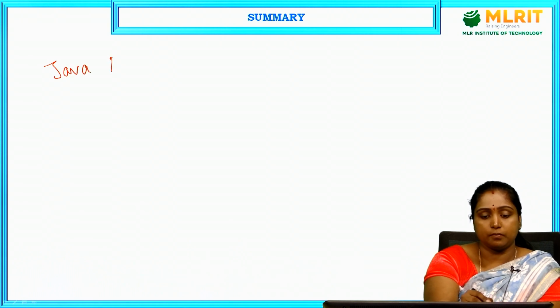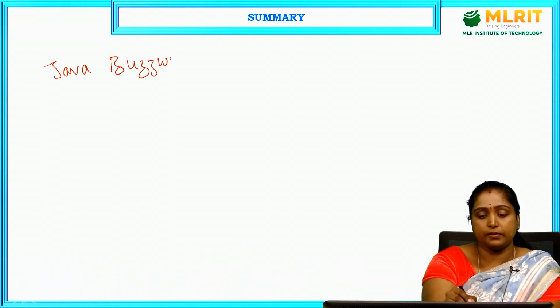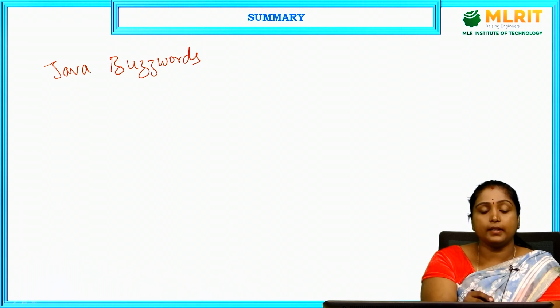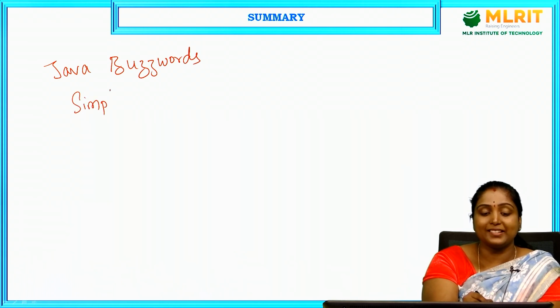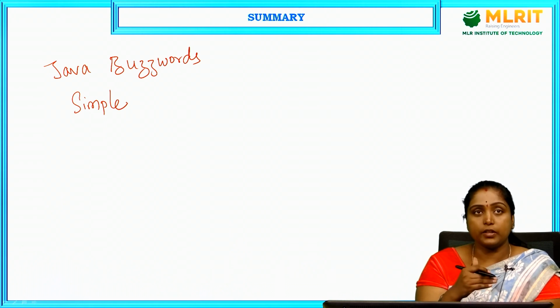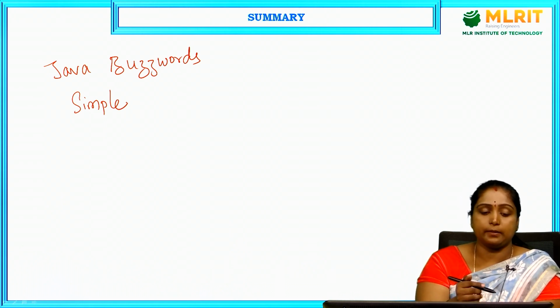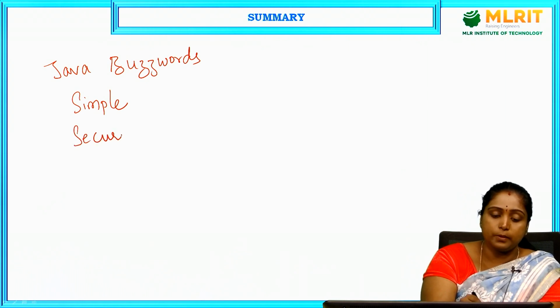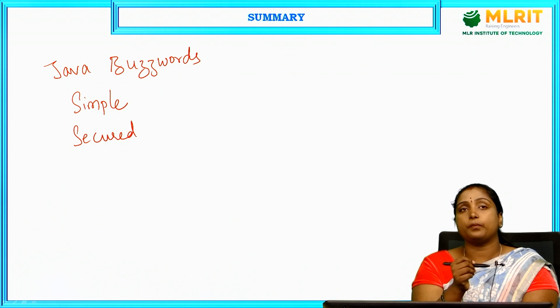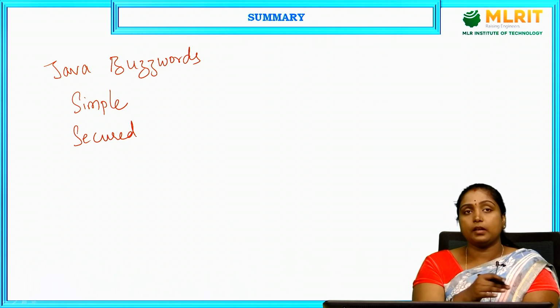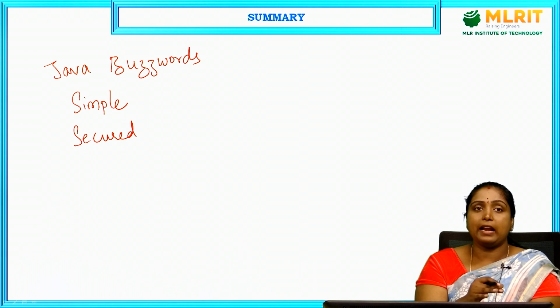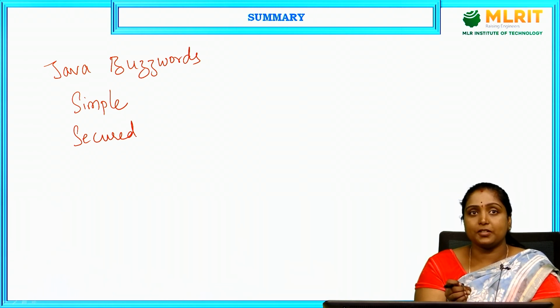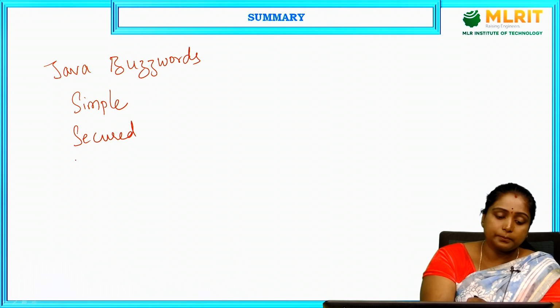We have seen the Java buzzwords today. So what are the Java buzzwords? Java is a simple programming language with a simple look, and whenever you see a program, it can be easily understood. Next, secured. Java is secure because it does not allow pointers or pointer concepts. It also has features like access specifiers to control whether you can access methods, and you can give permissions to programs.